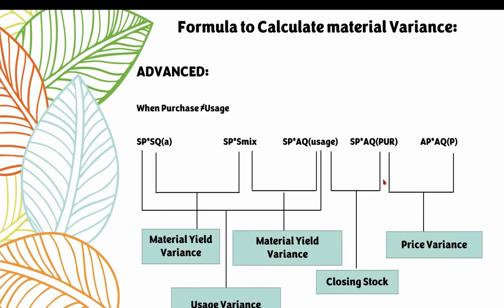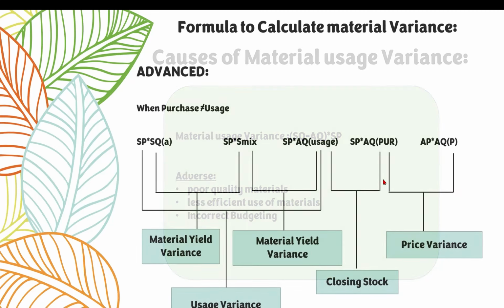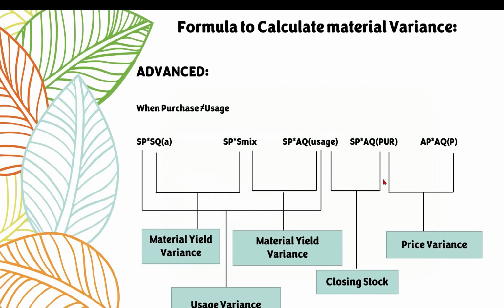So for F5 students, this would be very important: advanced variance. The formula is again the same. The only difference is that we have added this one, that is SP into S mix, and in the later part of the slide I have explained each of the terms, so it will not create confusion about what SP means, what SQ means, right? So here SP into SQ, and again SP into S mix, and SP into AQ, and AQ is